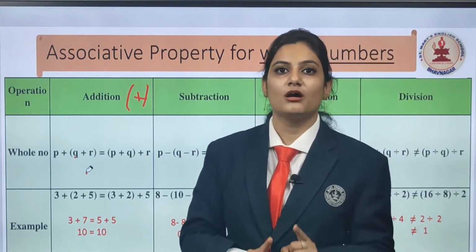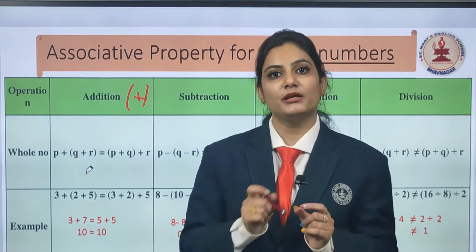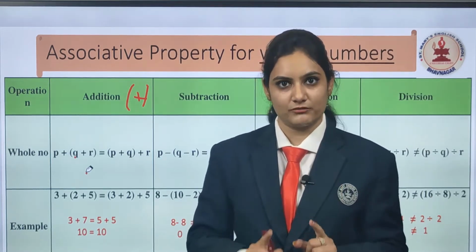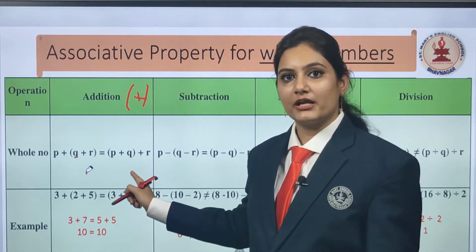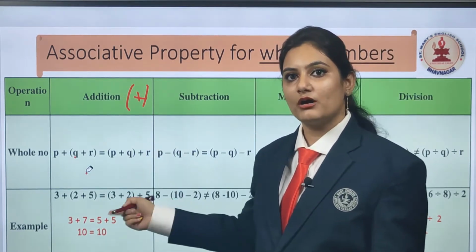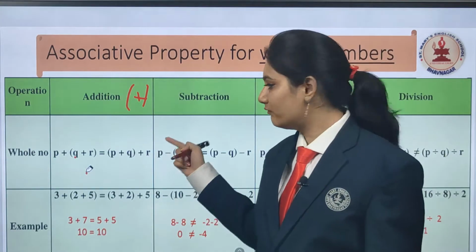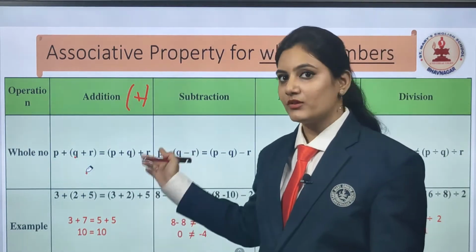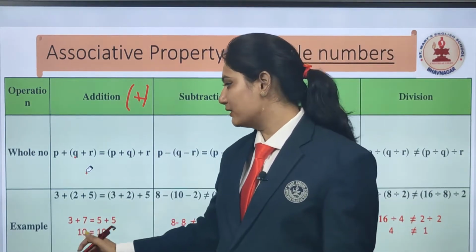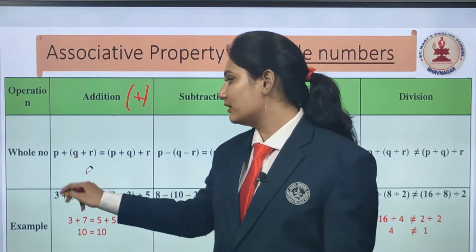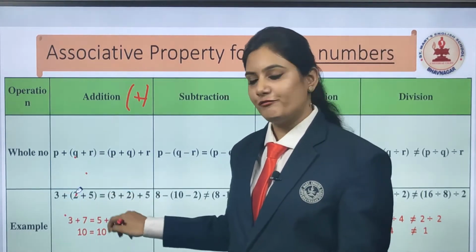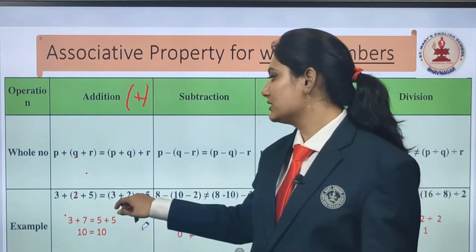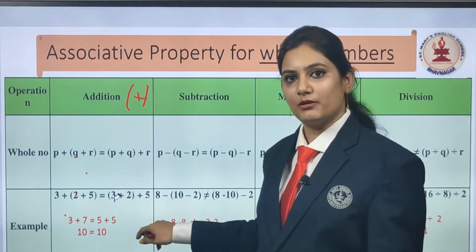As you know, remember the BODMAS rule? In that B indicates the bracket. So we will solve the bracket first. On the RHS it is Q plus R, so at the right hand side first we will solve Q plus R. So we will move towards the example. Example says P is 3, then Q and R, it is 2 plus 5. Here it is 3 plus 2 and then plus 5.